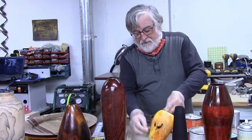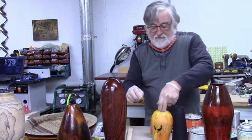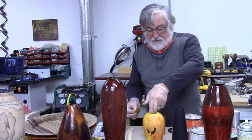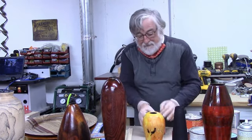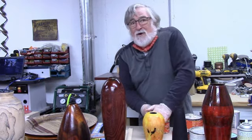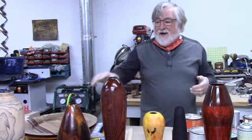You may be saying, oh my gosh, what's he doing to that poor piece of wood? Or you might be saying, I could get something done like that. Yeah, just a touch of amber down there. Do you see any of the different colors that are coming through in this yet? Now this is what I usually like to think of as my base color. And now I'm going to come in with the real colors on top of that. And these are going to be the ones that come through in highlights,